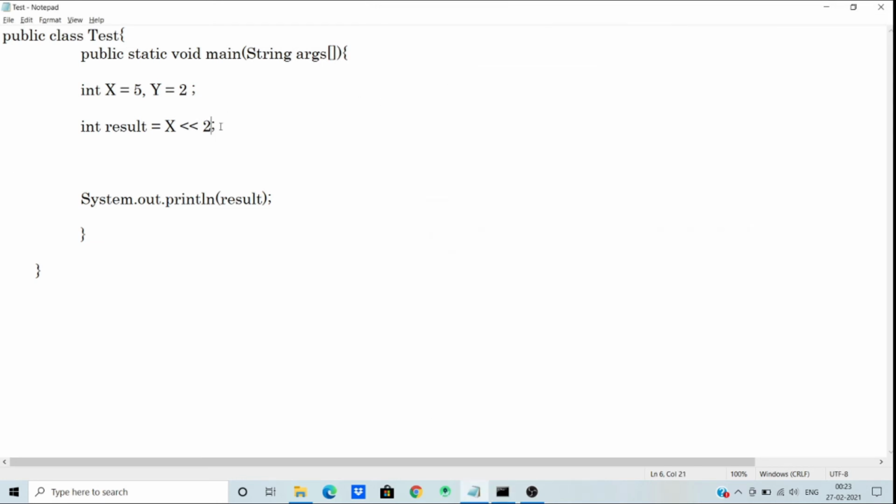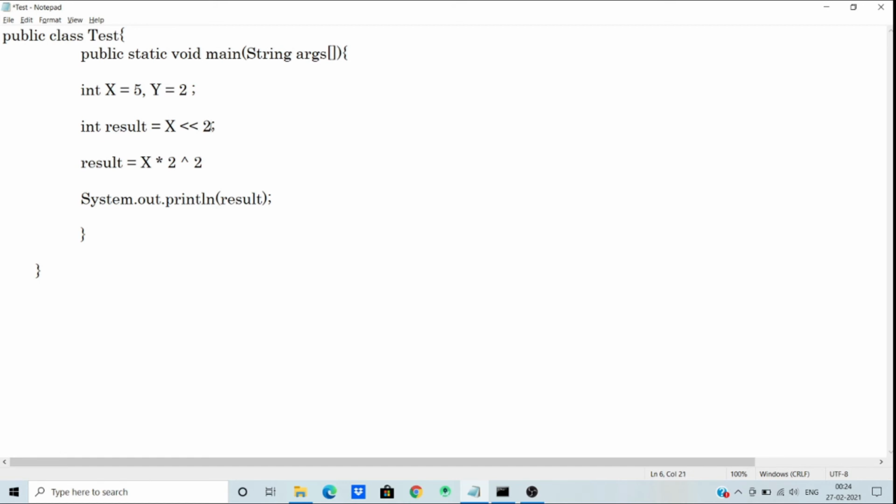So there is a formula to calculate the left shift. So this is result equal to x multiply 2 power 2.